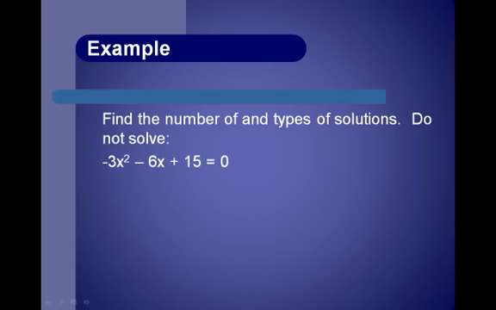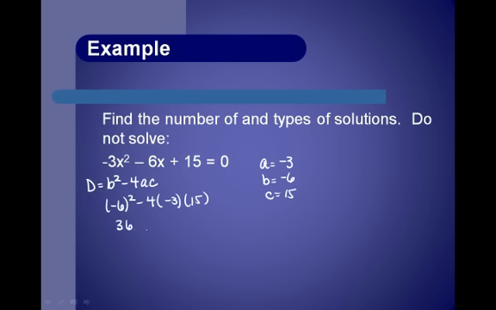Okay, let's do an example. Find the number of and types of solutions. We don't want you to solve yet, just talk about the solutions. Anytime we want to identify our solutions, we're going to say d equals b squared minus 4ac, because that's the part that's under the square root sign. So for our example, a is negative 3, b is negative 6, and c is 15. So when we plug this in, we're going to get negative 6 squared minus 4 times negative 3 times 15,